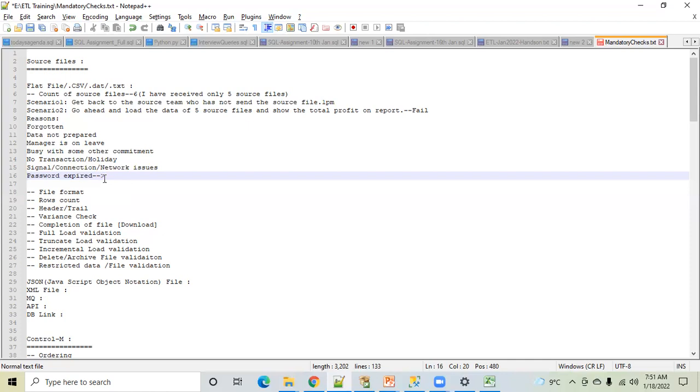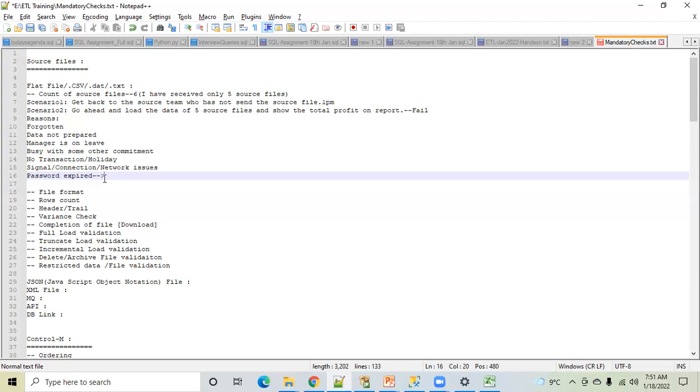That's why I told you that if there is any issue in the entire software process, don't blindly go and raise a defect. First of all, you should do a root cause analysis, otherwise it will be rejected. Suppose right now in this scenario, if I had raised a defect to the Bangalore team that they have not sent the data, they will reject the defect. Why? Because they will tell us that they have sent the data. So now the issue is at our end.